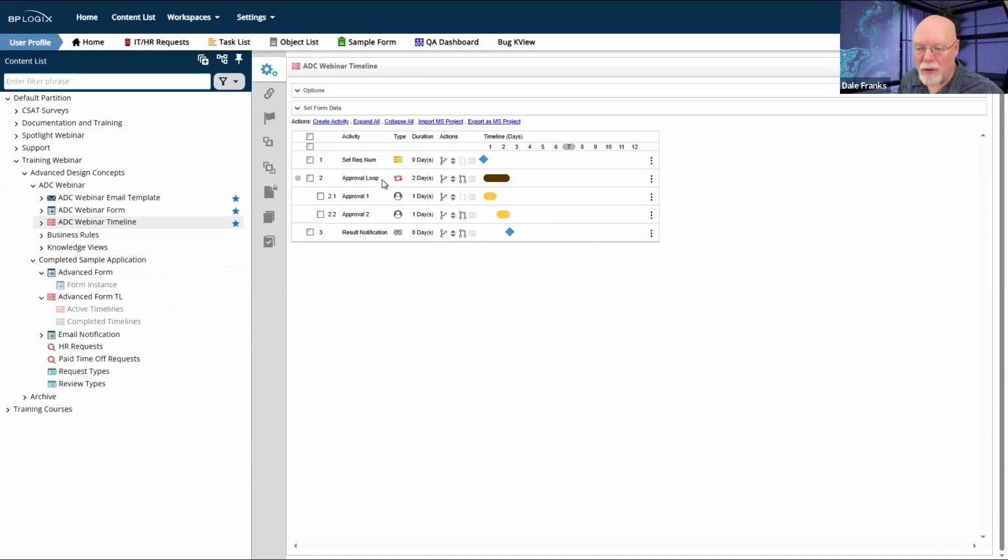So I have a loop. It's called approval loop. By default, on my template, which I use to create all of my new processes on this server, this was created from my template, and my template already has an approval loop and it has 2 approval activities, which are already sequential in it. Now, the names are obviously very generic. I have approval loop, approval 1, and approval 2.